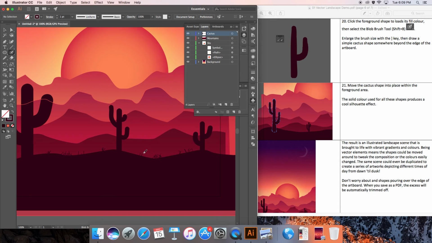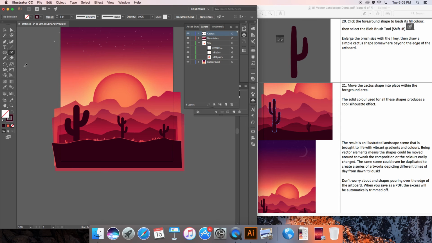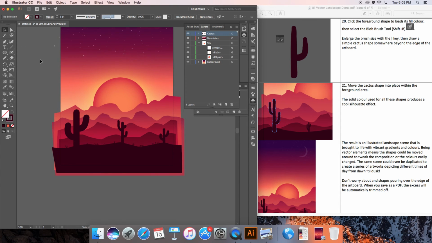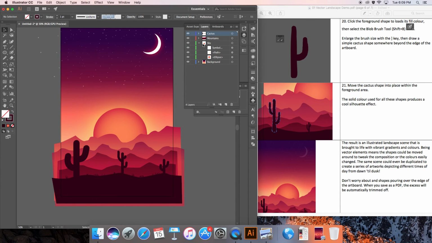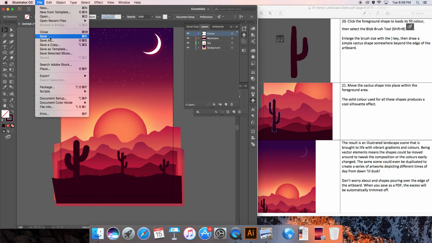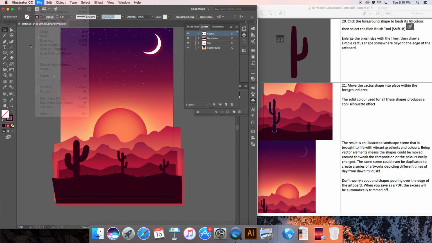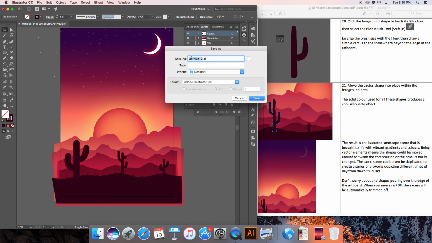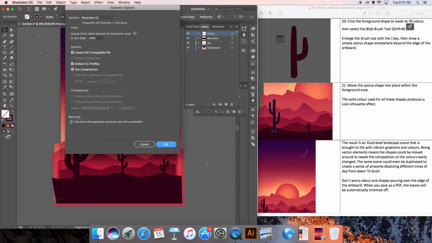Alrighty, and that completes your demo. Now don't worry about all this excess that's hanging over the edges because when we save this as a PDF, go to File. First of all, save your work. Make sure that you give it a name and put it on your desktop and save. And then once you've saved it as an Illustrator document,